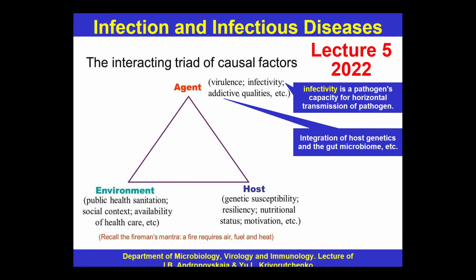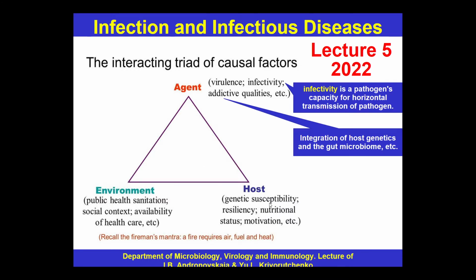Additional qualities are also important for microbes causing disease. What additional qualities, for example? The interaction of host genetics and the gut microorganisms. It means host genetic mechanisms in the interaction with the microbiome. This is the total number of the microbes that live in a certain habitat of the human body, for example, in the gut, and other properties. Except for the agent, infection